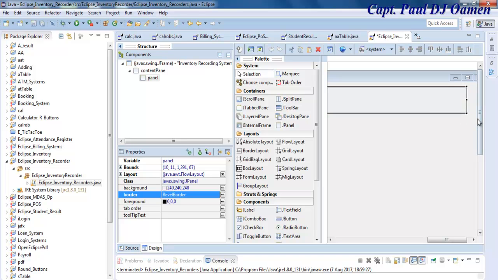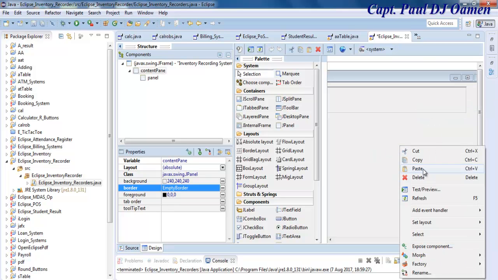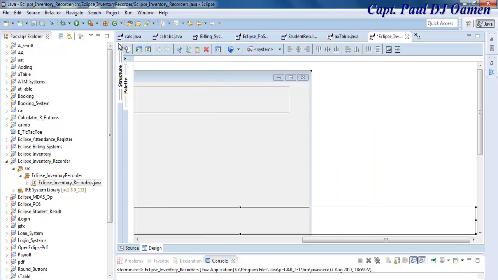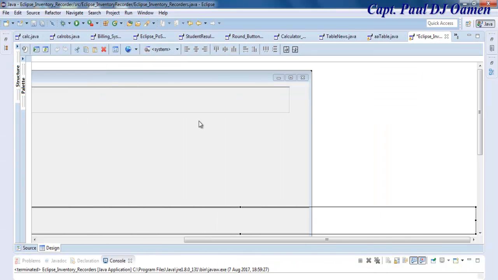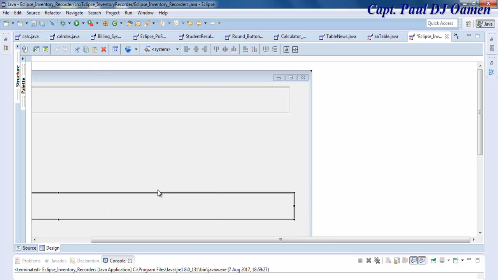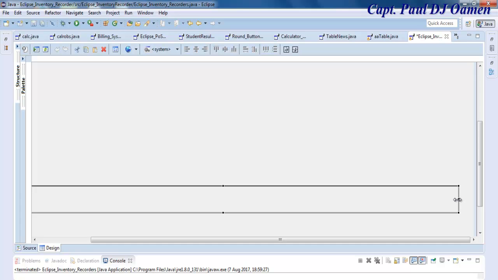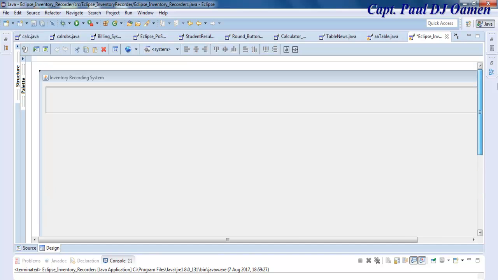Right. I need another panel, so I can always right click, copy, and just paste it right down here. So that's my second panel. Let me collapse this so that you guys see what I'm working on really. Right, let's bring that in and take it right down. Reduce the width. Okay, just about that. That is fine. The next thing I need is